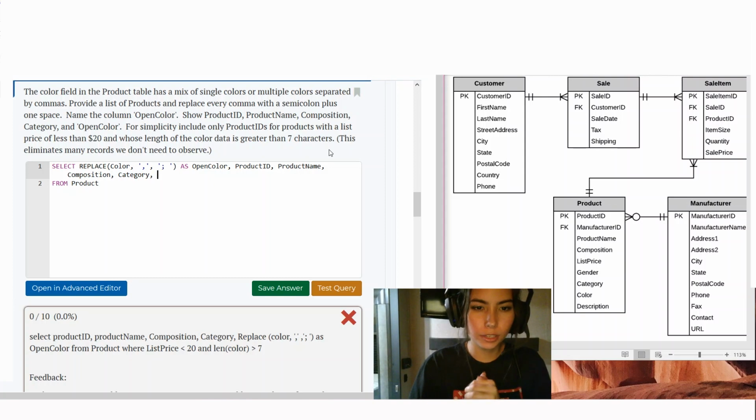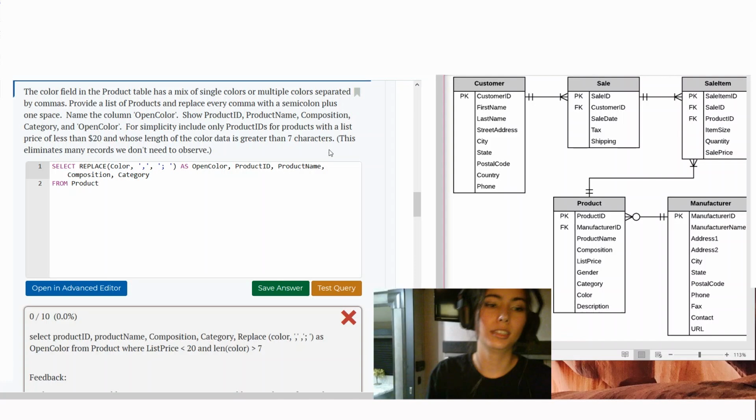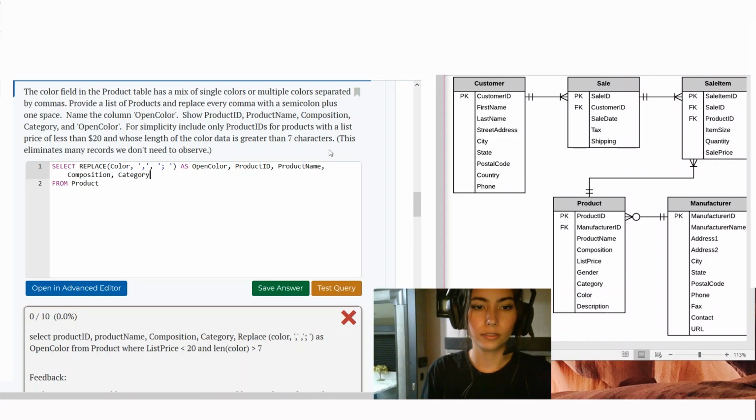For simplicity, include only product IDs for products with a list of... Okay, so now it's saying I only want information if the attribute product ID